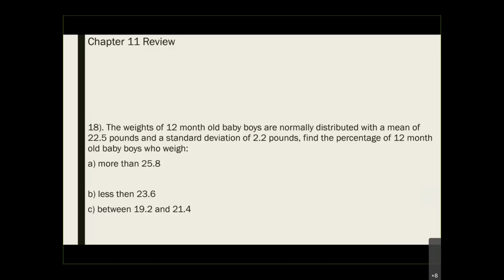But anyway, let's take a look at number 18. They say that the weights of 12-month-old baby boys are normally distributed with a mean of 22.5 pounds and a standard deviation of 2.2 pounds. Find the percentage of 12-month-old baby boys who weigh more than 25.8. And once again, more than is the item on the right. So we know that we need to take 1 minus whatever is in the chart. But for us to find the chart value, we need to find the